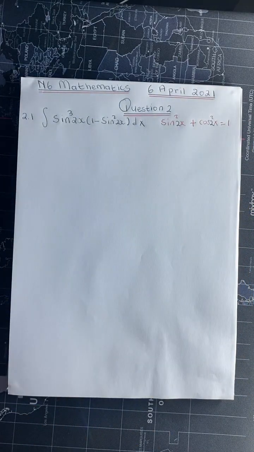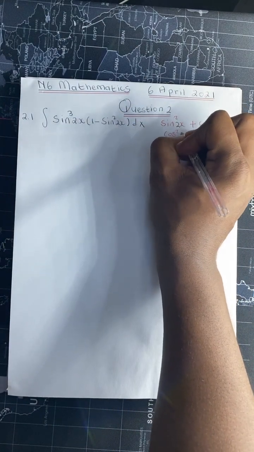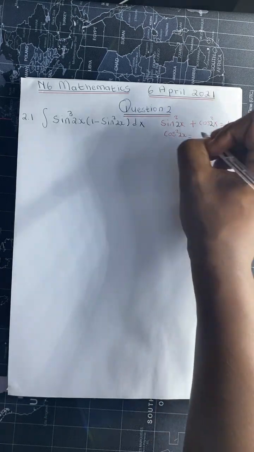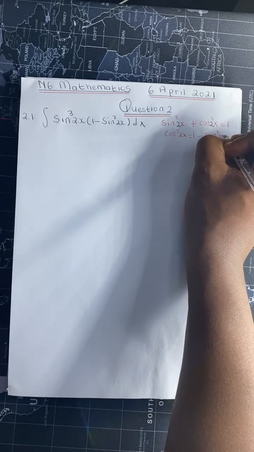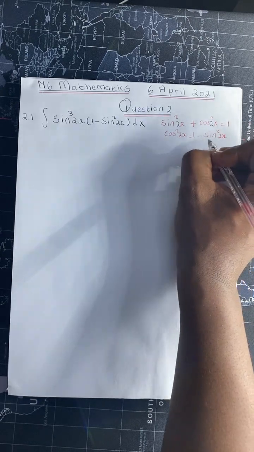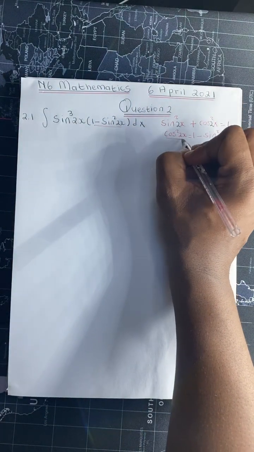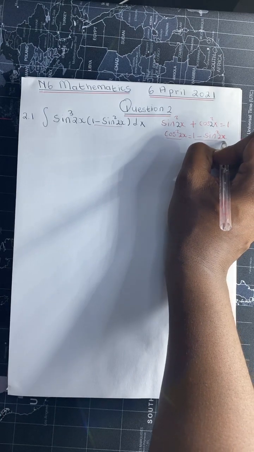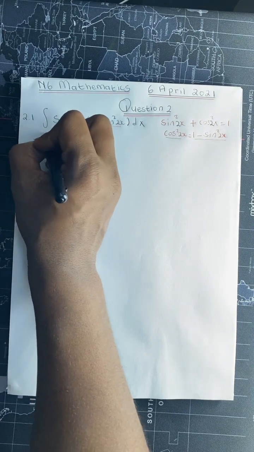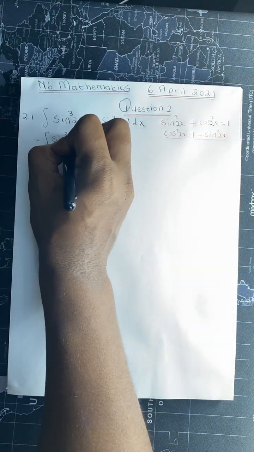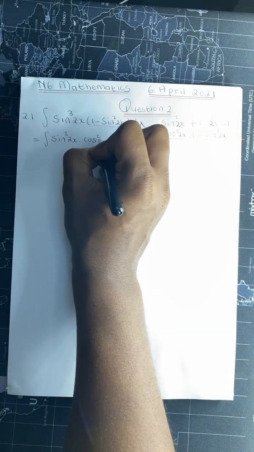And when we make cos squared 2x the subject of the formula, this will be equals to 1 minus sine squared 2x. So in the place of 1 minus sine squared 2x, we'll substitute cos squared 2x, because cos squared 2x is equals to 1 minus sine squared 2x. So this will be equals to sine cube 2x multiplied by cos squared 2x